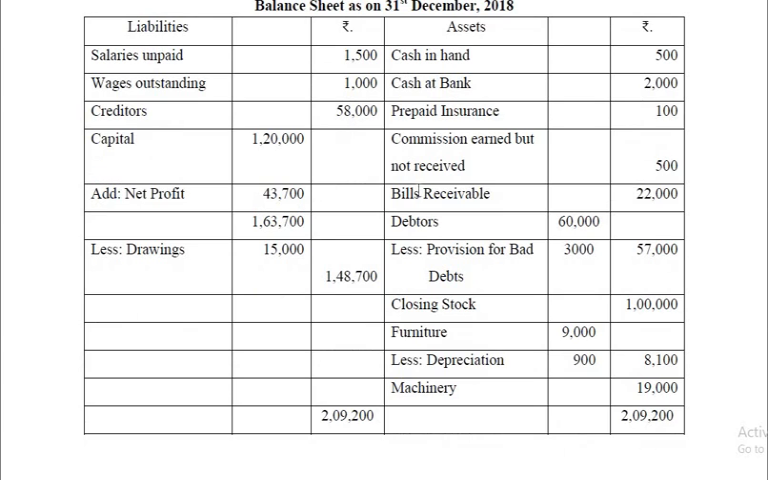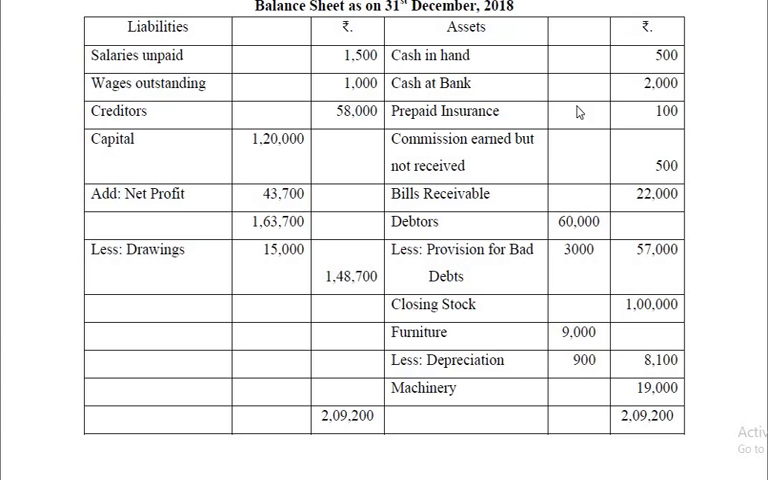Come to the balance sheet. So cash in hand 500. These are all items of current assets. You have to show the assets in the order of liquidity or in the order of permanence. I have shown it here in the order of liquidity. Most liquid assets are shown first and the least liquid assets are shown at the end. So cash in hand 500,